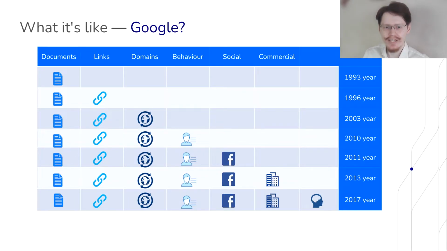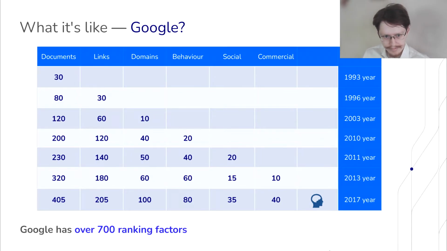And year by year, as you see on this graph, in year 2010, Google starts counting behavioral factors. How do people behave regarding specific websites, social activity of the company, commercial factors. And right now, they are pretty in-depth. They are powered by a machine learning system, so Google always tries to impress its customer and adapt to people's requests.